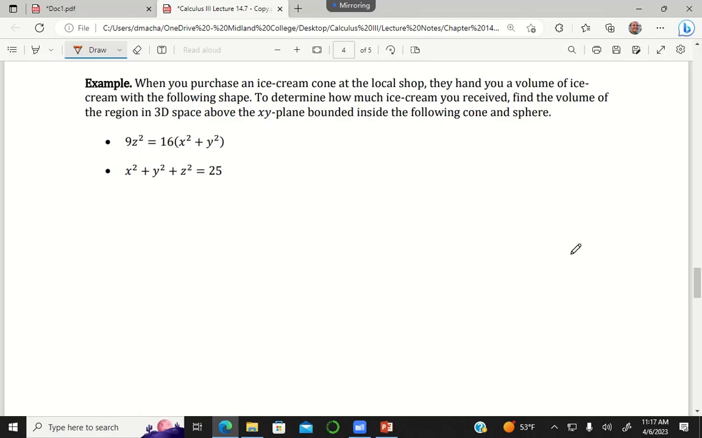So you go to the ice cream shop in town, and you buy an ice cream cone. And they're going to give you an ice cream that has the bottom half of the ice cream contained in a cone, but then the top of the ice cream kind of gives you a little bit extra on top, right? They usually overfill the cone by a little bit. And so you want to calculate the volume of your ice cream. If your ice cream is this region in space,